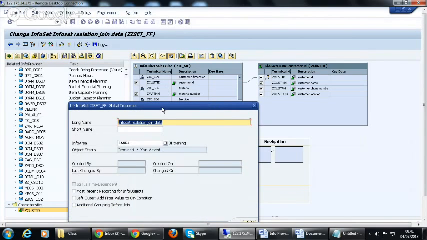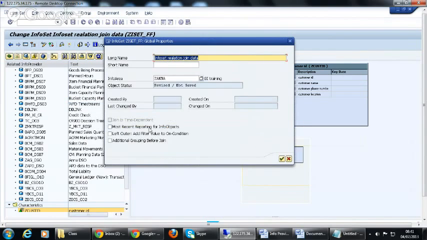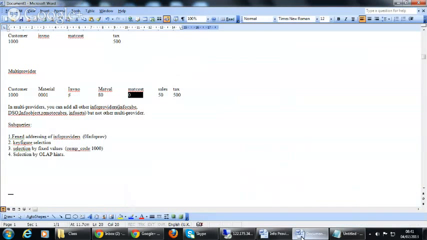You will see a few properties here: most recent reporting for info objects, left outer join, add filter value to on condition, and additional grouping before join. So in these, generally, you have what is the left outer join on condition. I will show you.